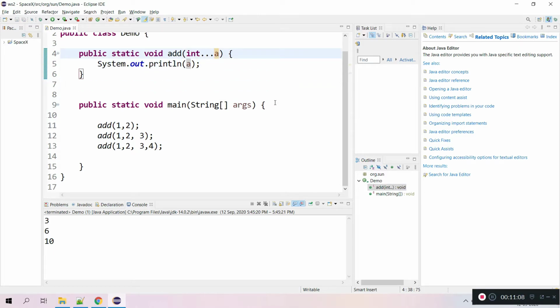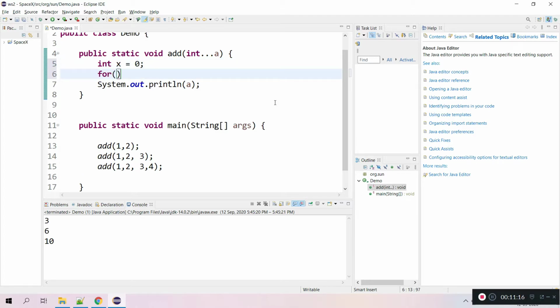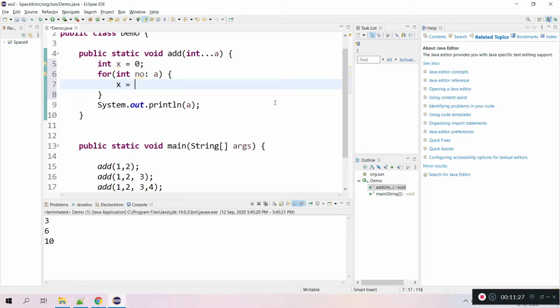And if I want to sum all these, I can introduce one number, let's say x is equal to 0, and I can iterate the array, sum all the numbers and print.